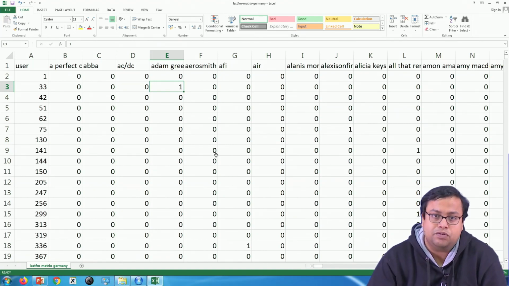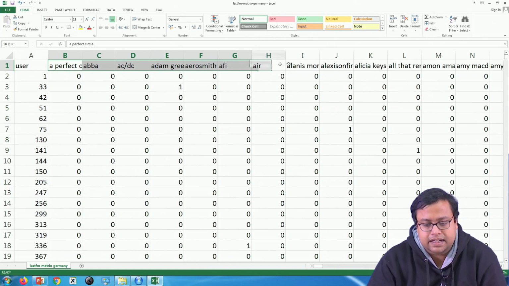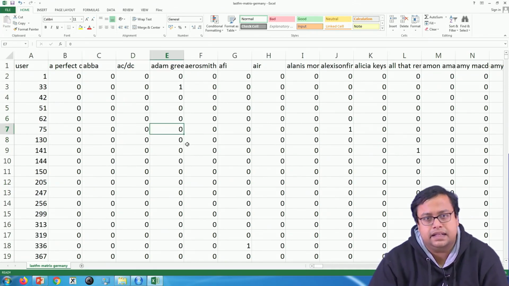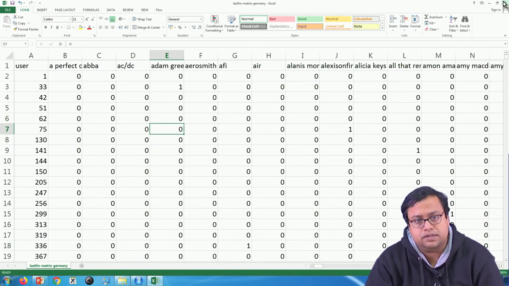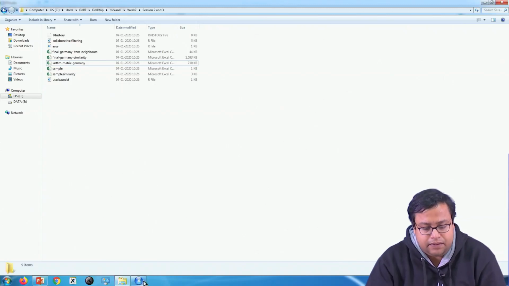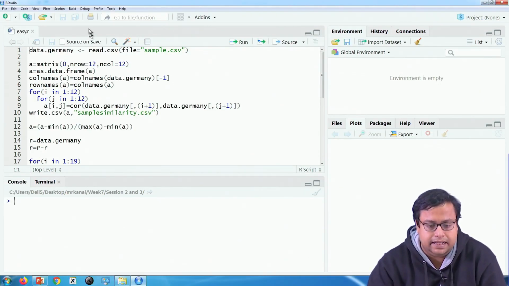This is something you have to create: the users on the left side, the items in the columns, and 0 and 1 saying whether something is seen or not seen by a group of users. Based on that we are creating this, and the first thing is to read the data.